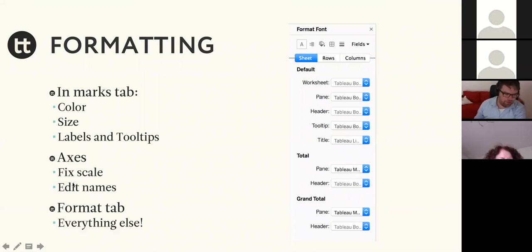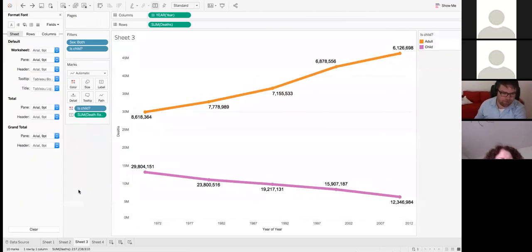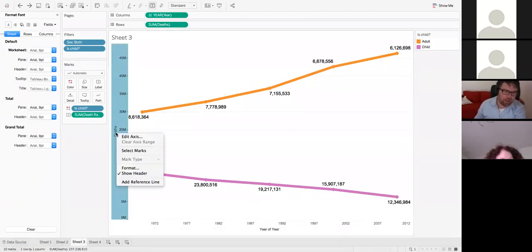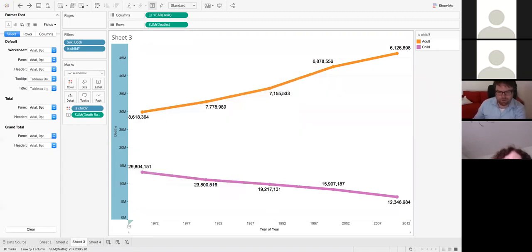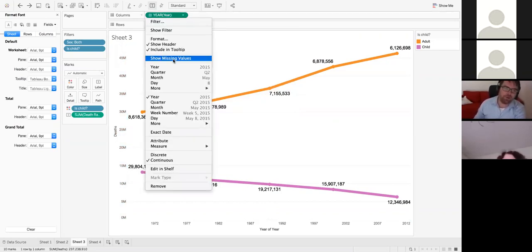Axes, I showed you how to change the scale. I haven't shown you how to edit the names on that. Again, if you right-click Edit Axis, it says the title right in there. Sometimes with Tableau, this is quite important because you get weird ones like this, the year of year. That's because if you notice on date ones, it's really great. In this case, we don't have our data in anything but the year, but you could do